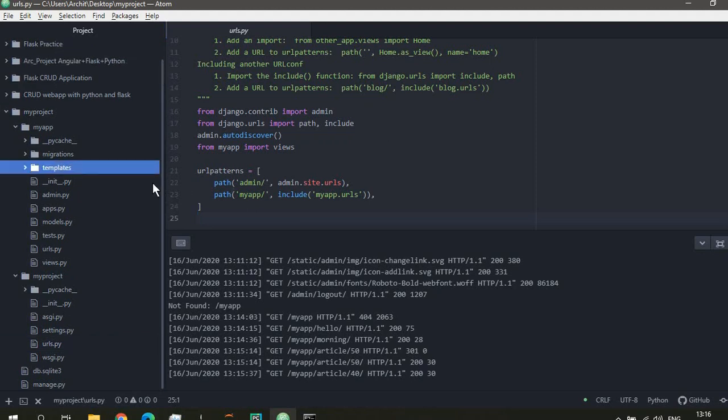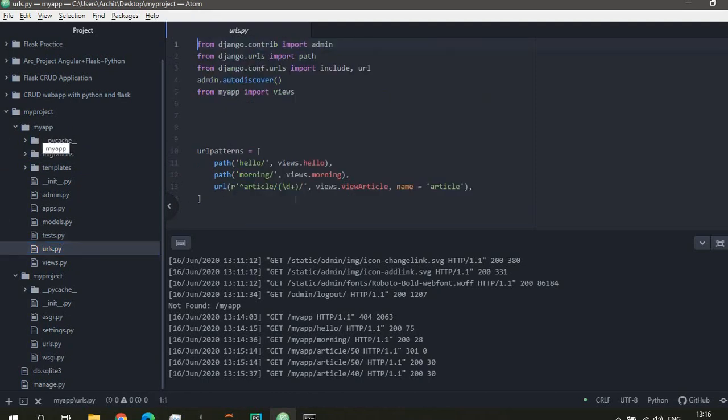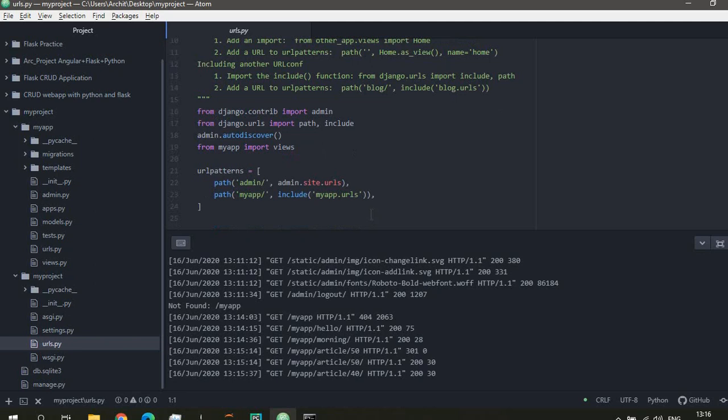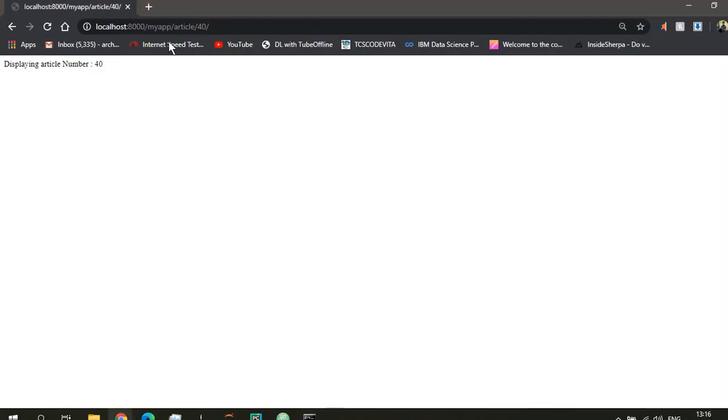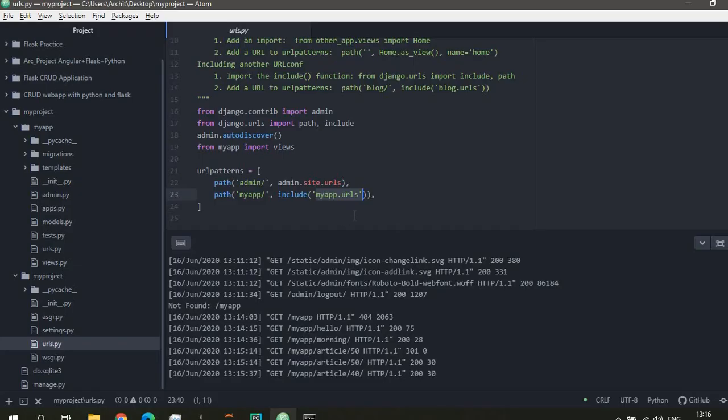So what we've done here is we've created a separate urls.py for my app, and we've called it from the urls.py of the my project. How? Using the path my app and including my app.urls. Now my app.urls is this file. Here you can send this data to urls.py and we can move on to further execution. This is the implementation. Thank you.